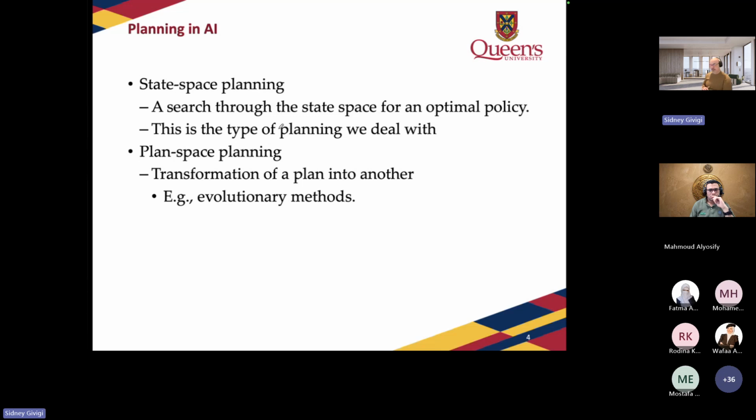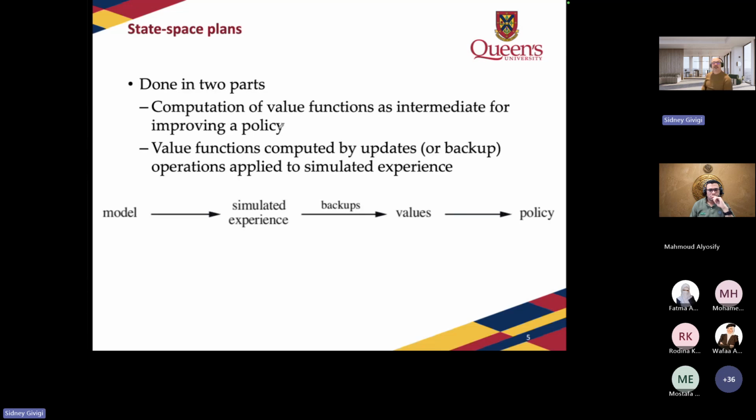Okay. In our case, since we are doing these state space plans, we are going to do this in two different ways. We are going to try to compute the value functions, and this is going to be an intermediate way to improve the policy, the same way as we have been doing so far. And then we are going to use the model to create a faster way for us to do the updates in the values. The third thing is that we are going to mix this with real interactions with the environment. So we are going to have these two different strategies that we can explore here.